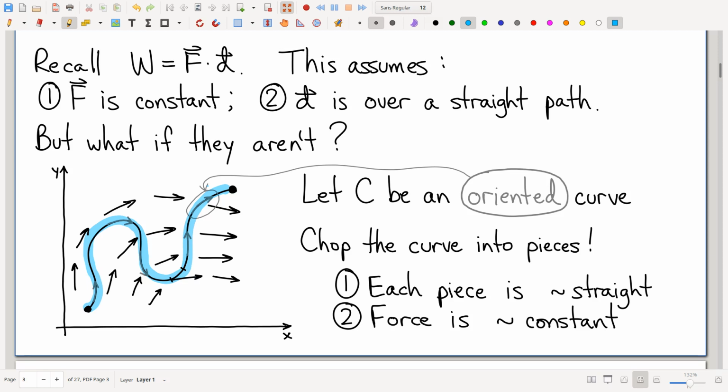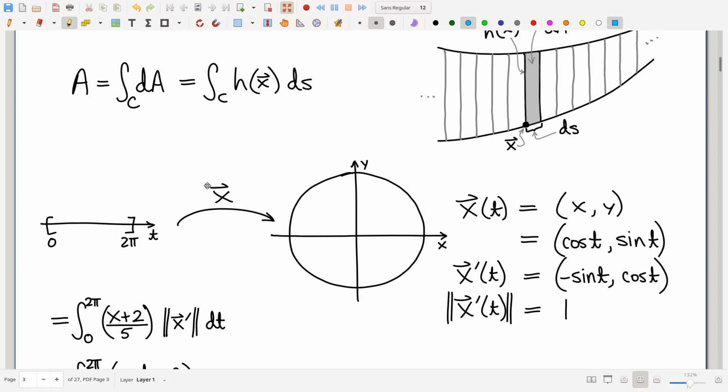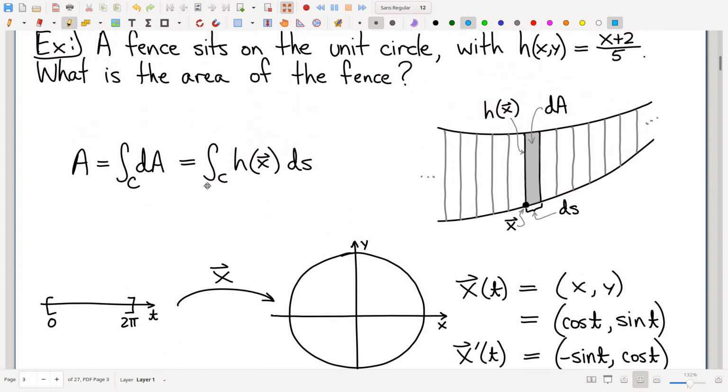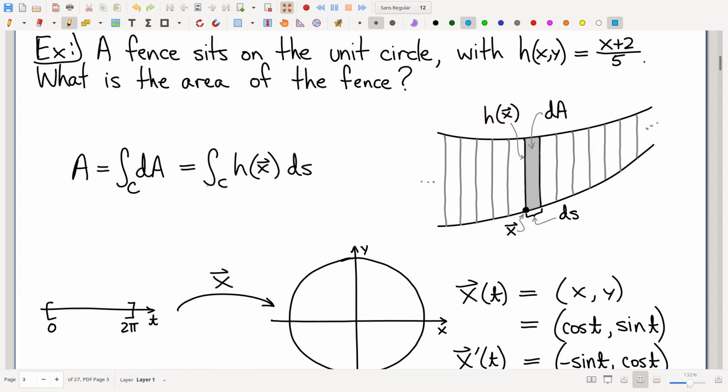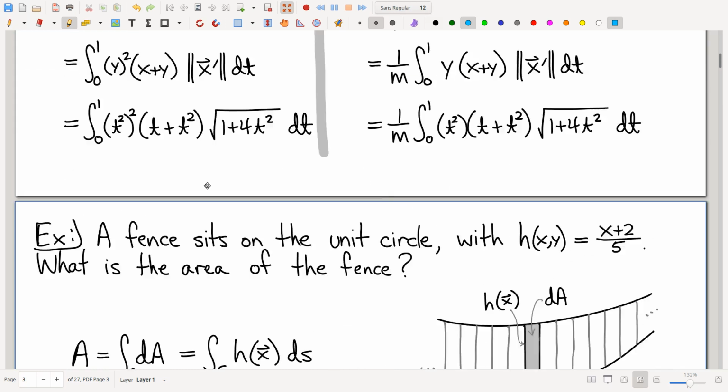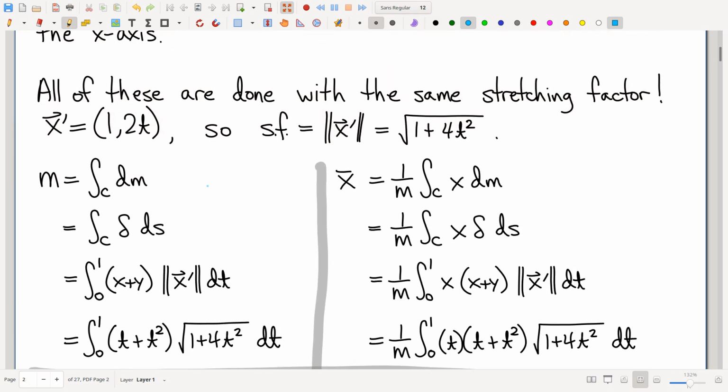So that's a problem, and more to the point, this is an unfamiliar problem. Let's look back at every other application we've seen. This fence that we looked at last time? Does it matter if you paint the fence clockwise versus counterclockwise? No, it's the same area. It doesn't matter. Chop it up whatever way you like. Paint it in whatever direction you like. Who cares? Right? Likewise, if we're computing, let's say, the amount of mass